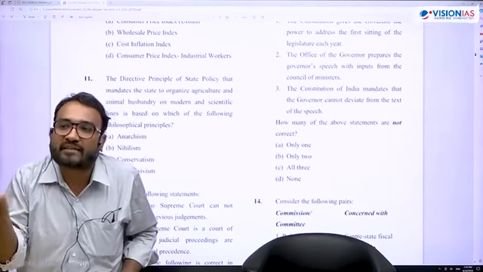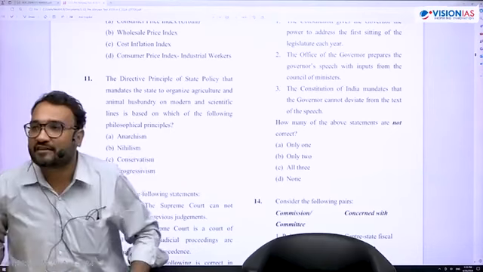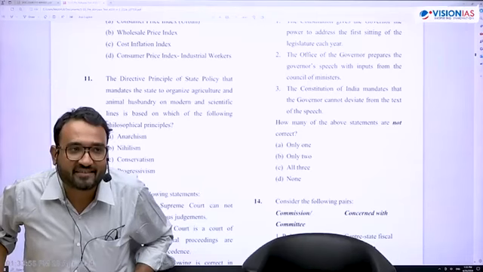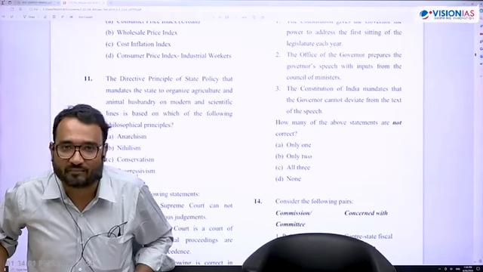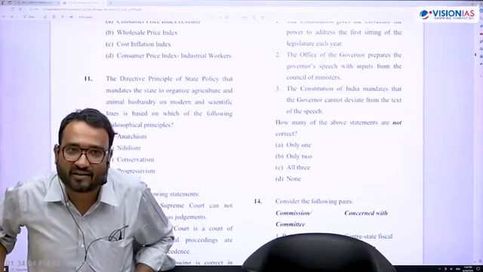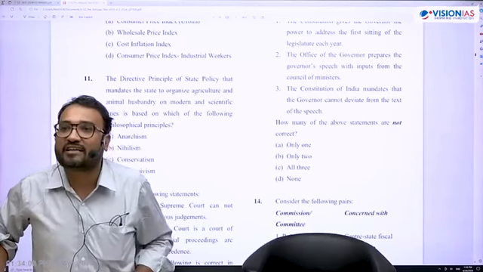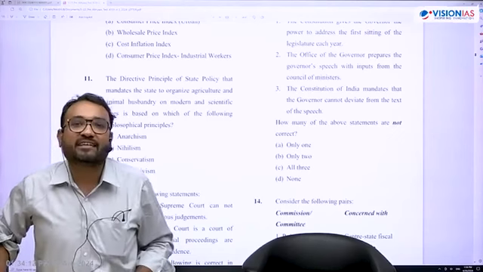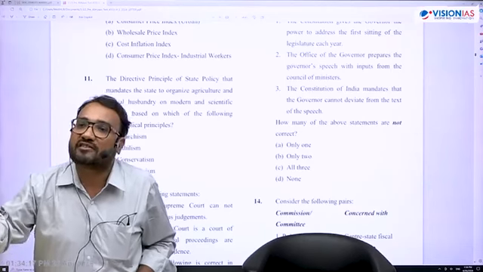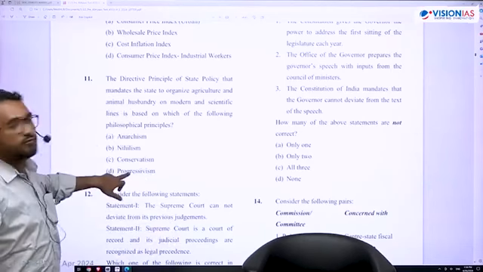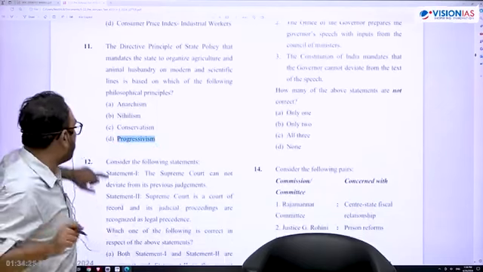So how can meaninglessness be agriculture on scientific lines? Conservatism does not mean science. Conservatism means being status quoist, going into those customs and values that have been upheld for a long period of time. So the only answer that we will have is progressivism, and progressivism is promoting those ideas which are forward-looking, progressive, far-reaching, that will bring changes in the society, that will have an impact on rational secular thinking. Okay, so the correct answer would be D. Now, the next question we have is 12.